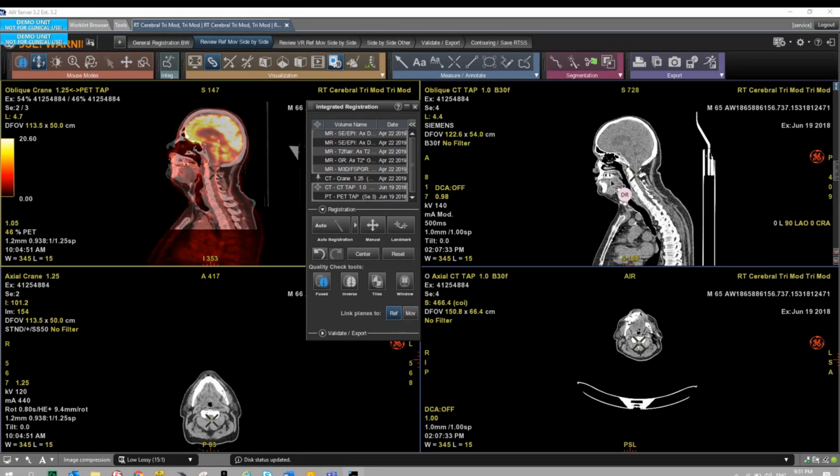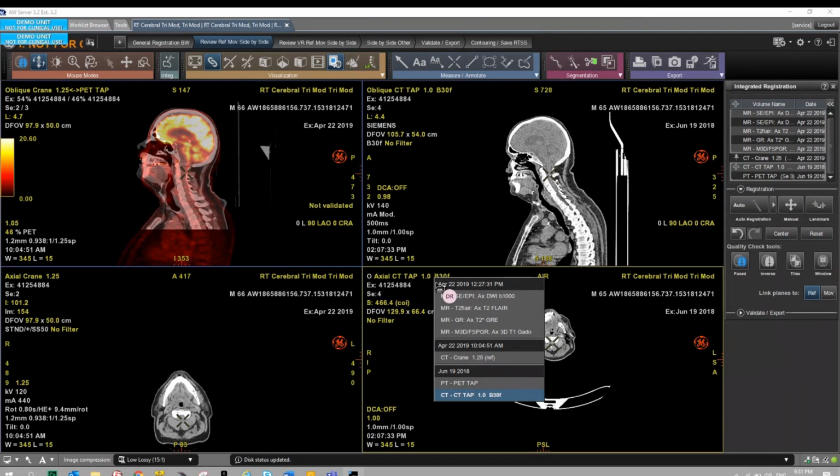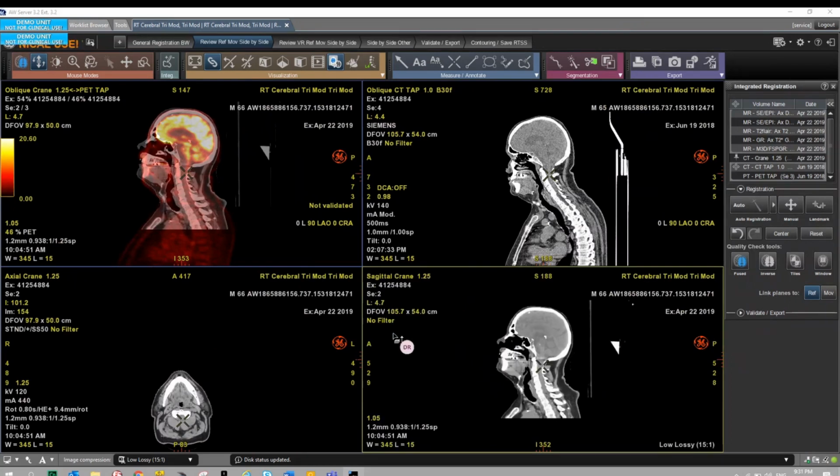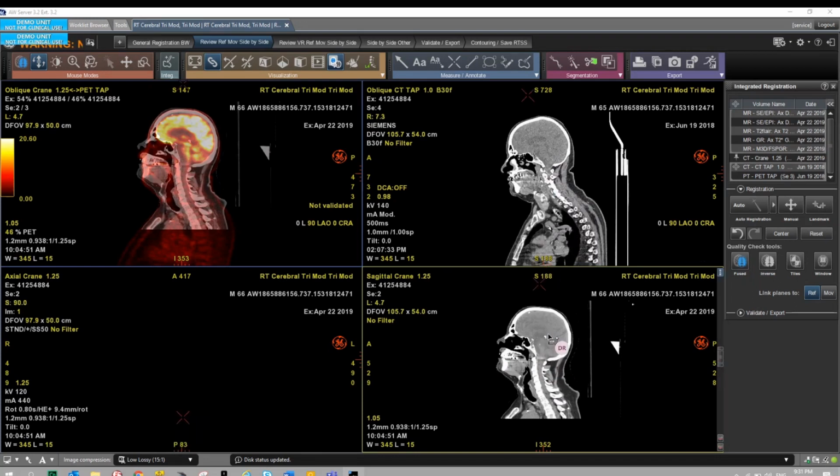The native CT, we can compare in sagittal view. For example, this is the PET position, and here is the CT from the therapy position in the sagittal view, and we see the challenge to recognize the anatomy in some such differences. So the challenge is to obtain and to register the PET images, and the PET is linked with the CT. So it's easier to register two CT images and get the PET registered in the correct one.